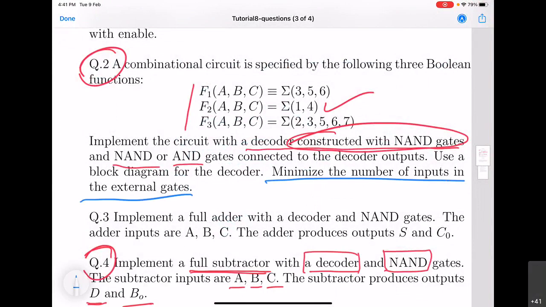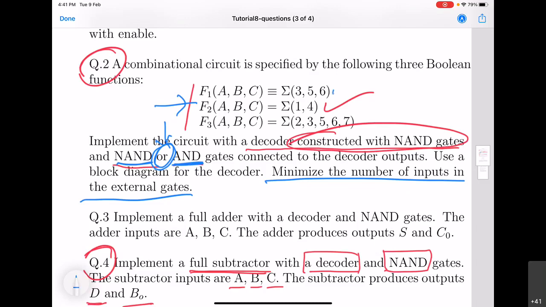So for F2, this is the solution that we just wrote, because we always have to input a NAND gate or AND gate. Keep in mind, the question says that this function can be implemented using maybe a NAND gate or AND gate, so either of these two can be used.